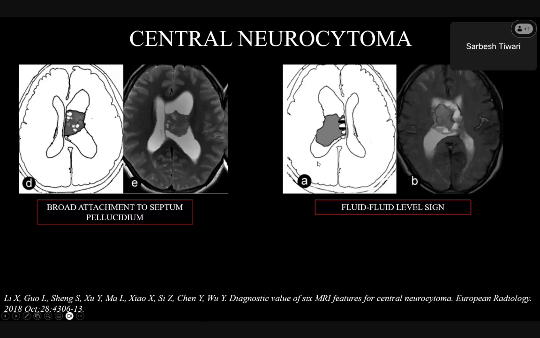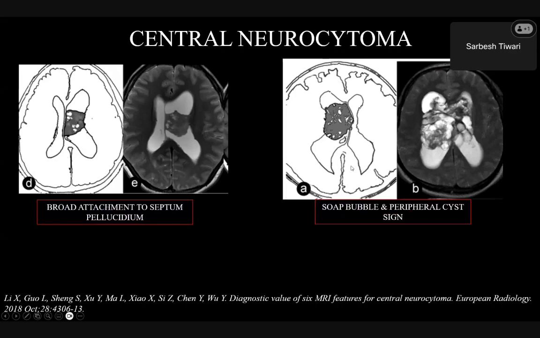Whenever you have a doubt, you can look at these signs. Central neurocytoma will have a broad attachment to the septum pellucidum. Look at this broad attachment to the septum pellucidum, and at times you can have a fluid level within the tumor, which will help you for diagnosis. Or you can have a soap bubble appearance, that is, a solid component with multiple internal cysts, and sometimes the cysts can be peripheral, which is called the peripheral cyst sign. So these different signs, if you get them, basically it's a heterogeneous